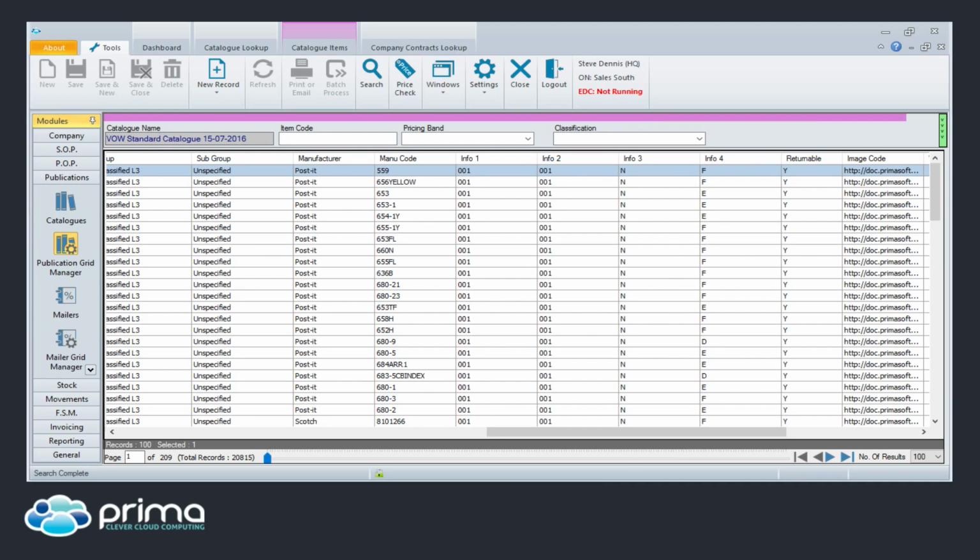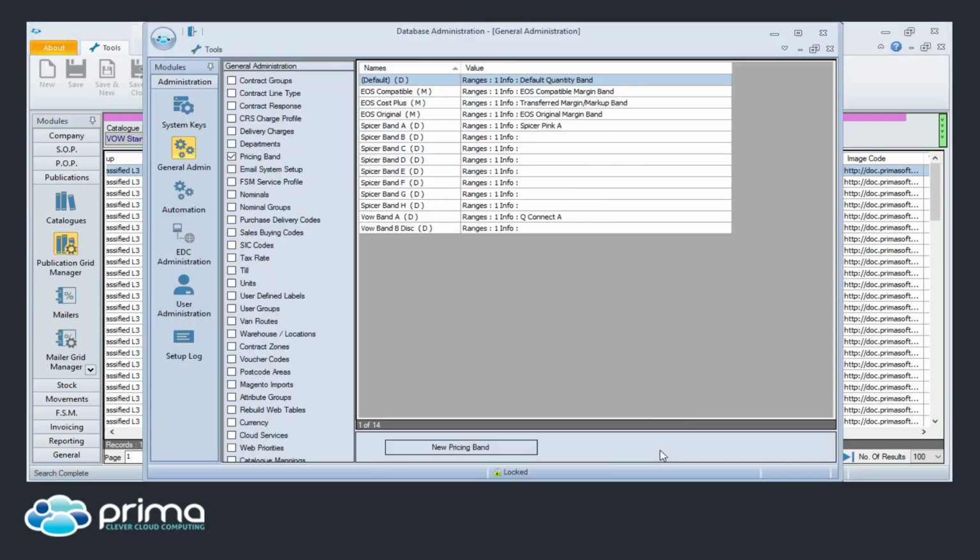In the admin area, I've got my pricing bands, and these are the ones that I've created. So you can have as many as you want in here. Some of our customers would group A, B and C items together and just have one band. We, I suppose, advocate against that really, because certainly in light of the cost price increases, there's much more,